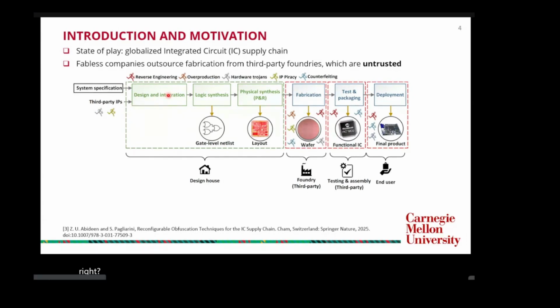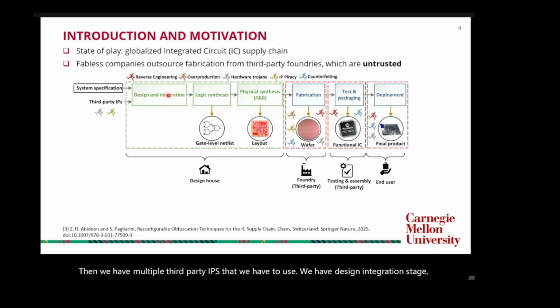We do the logic synthesis and convert into the gate-level netlist, right? After that, we perform physical synthesis, we place and route and do the sign-off, and then send the layout to the foundry. And then we have fabrication, testing, and packaging and deployment, right? As I mentioned earlier, this whole globalized IC supply chain and these design phases are